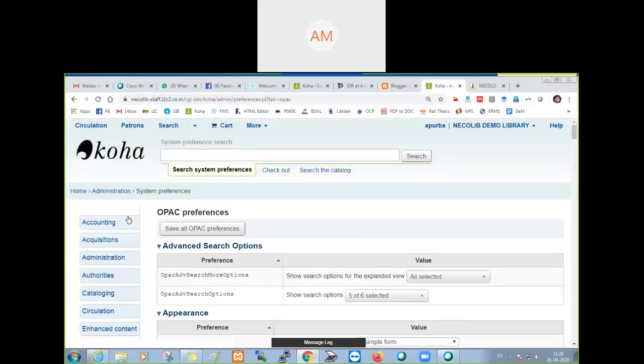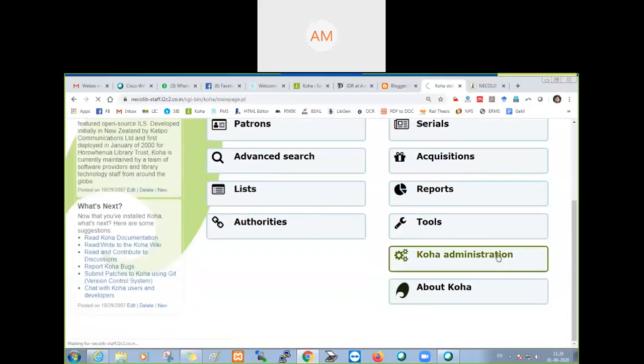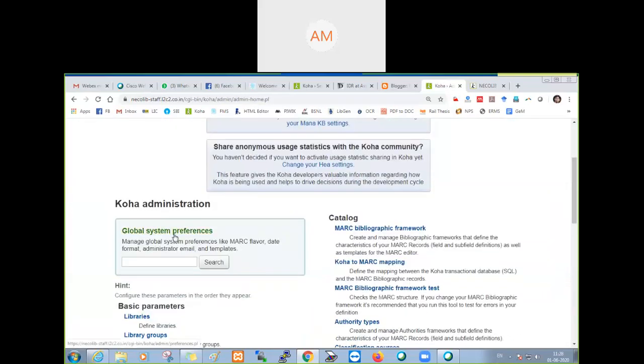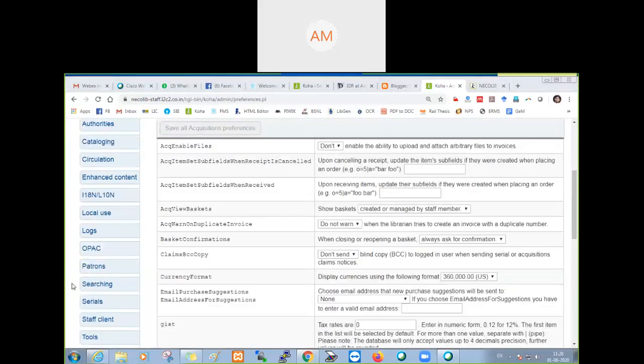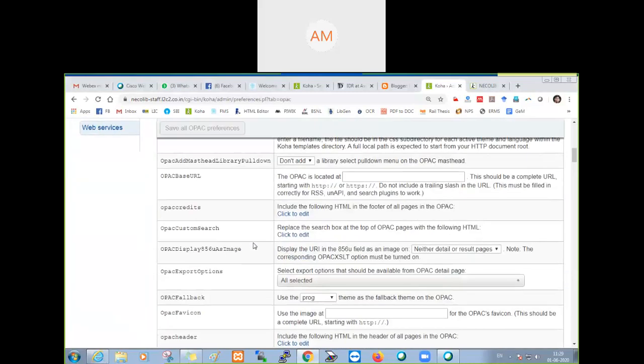So for activating the registration, all the settings should be done in Koha administration, global system preferences. Now we will activate the registration. OPAC. You just scroll down.